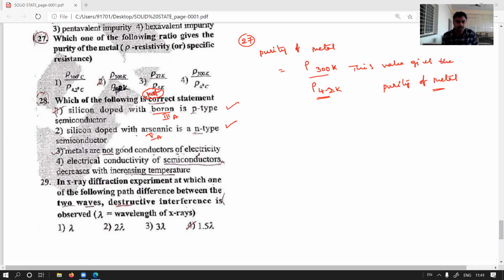Metals are not good conductors of electricity. Generally, metals are good conductors of electricity. So here they gave not good conductors of electricity, meaning this statement is incorrect. Now, electrical conductivity of semiconductors decreases with increasing temperature. This statement is also incorrect. Actually,